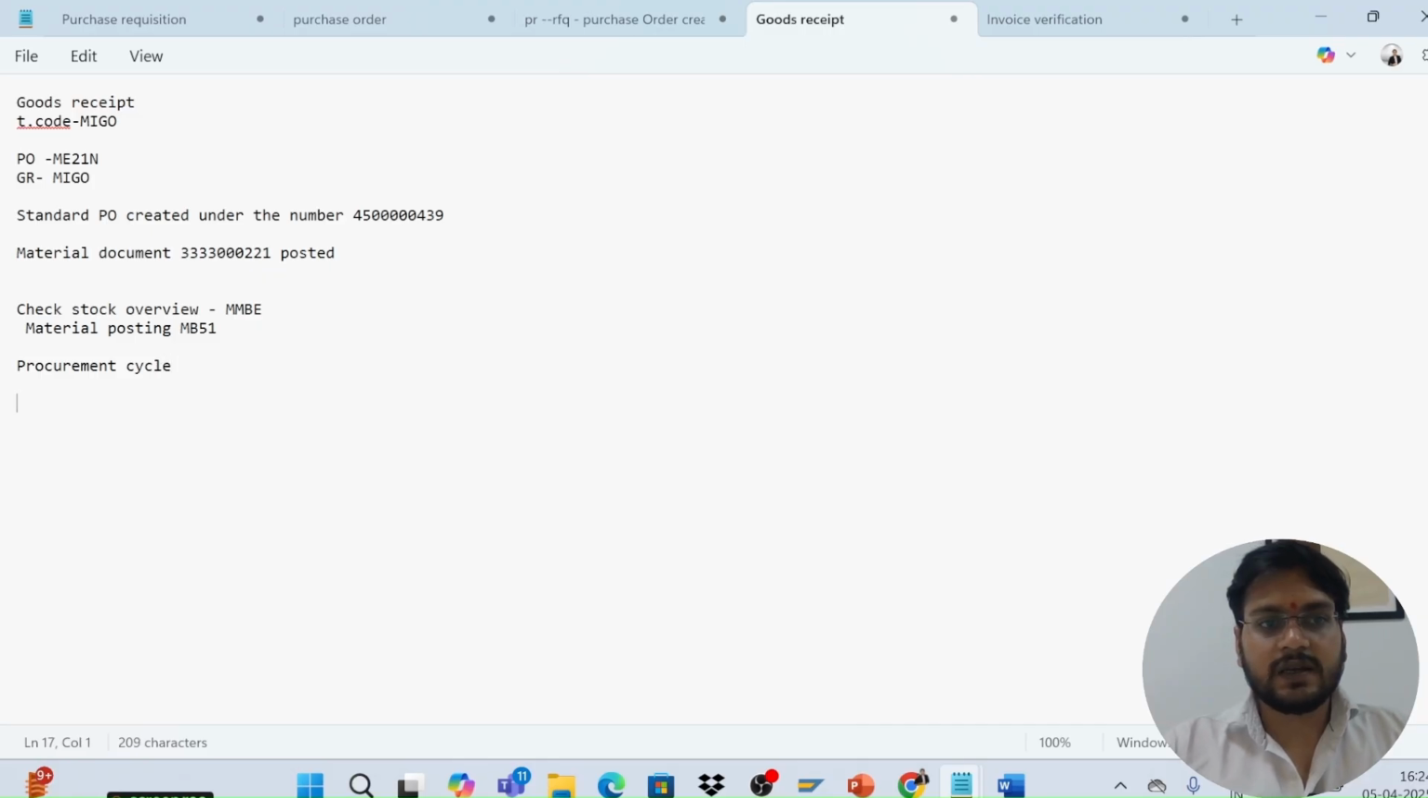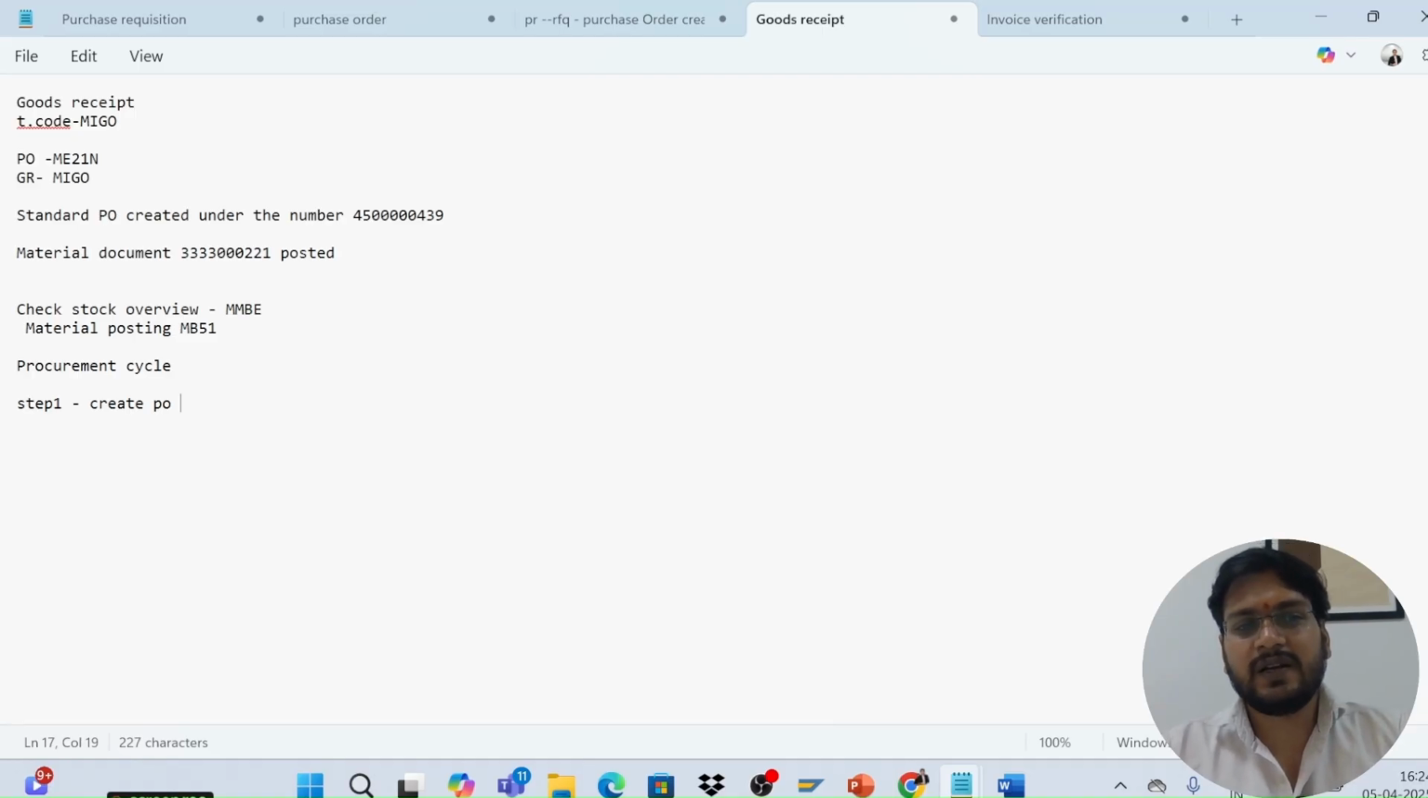What is the procurement cycle? In the procurement cycle, the first step is create purchase order. I'm not considering purchase requisition because it's not mandatory, it's just an internal document. RFQ I'm also not considering here, because we only create an RFQ, request for quotation, when we are purchasing for the first time. So in the procurement cycle, the first step is create PO, the second step is